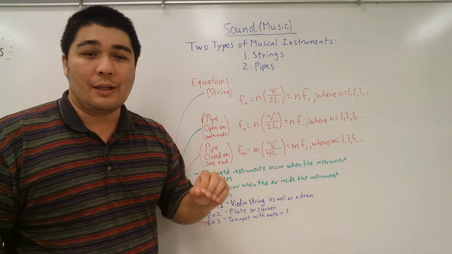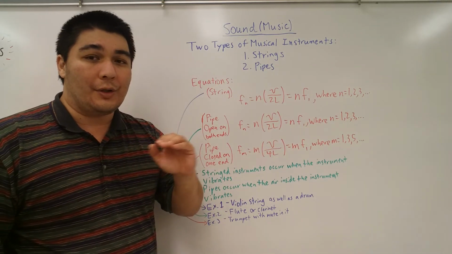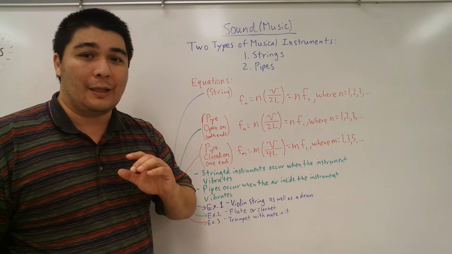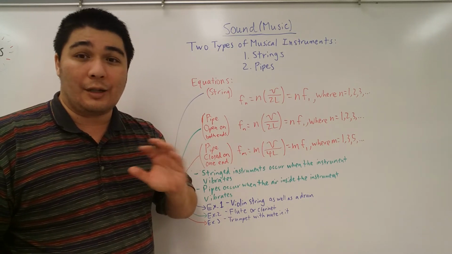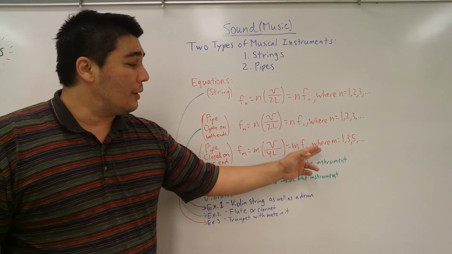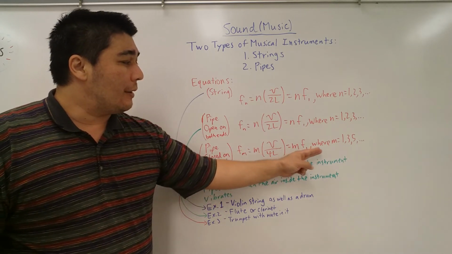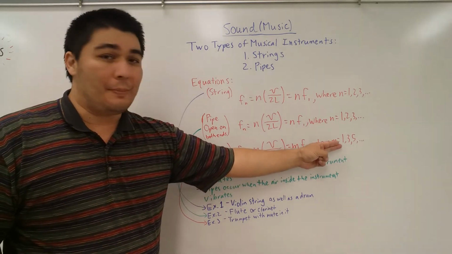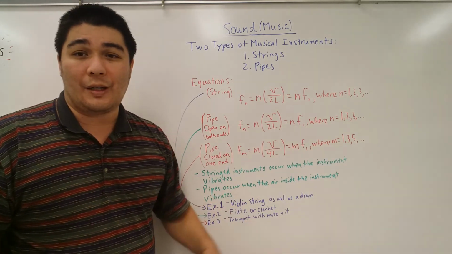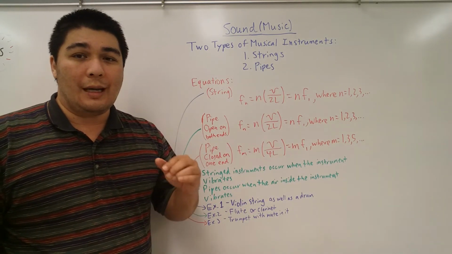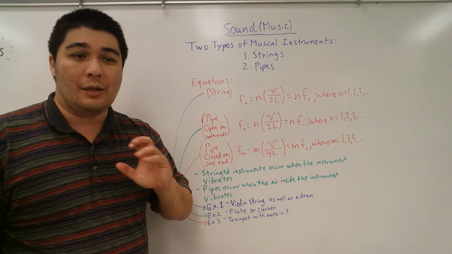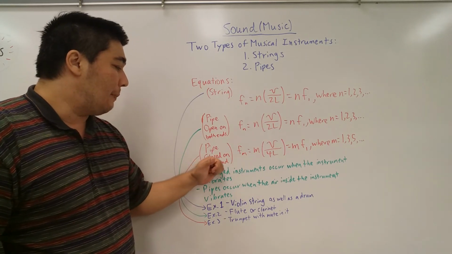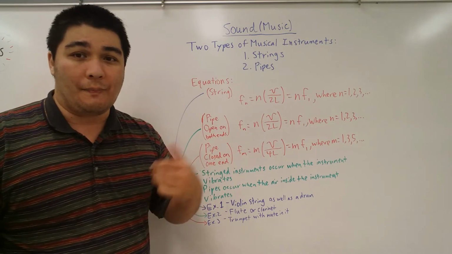So you can definitely get every note that you want, and it'll go up in regular interval steps. Whereas with a muted instrument, it's only going to go up based on odd integers. So you won't actually get a nice jump between notes once you've closed off the instrument